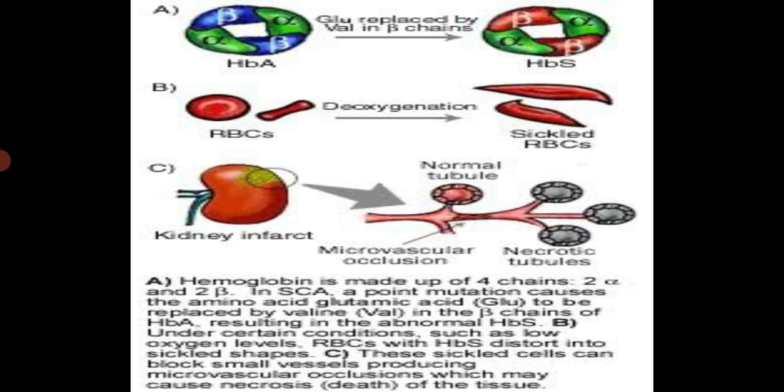Here hemoglobin is made up of 4 chains, 2 alpha and 2 beta. In sickle cell anemia, there is a point mutation which causes replacement of glutamic acid with valine in the beta chains of hemoglobin, and it results in an abnormal hemoglobin. This is the abnormal hemoglobin. It is because of a point mutation where glutamic acid in the beta chain is replaced with valine. This is the normal hemoglobin. The abnormal hemoglobin